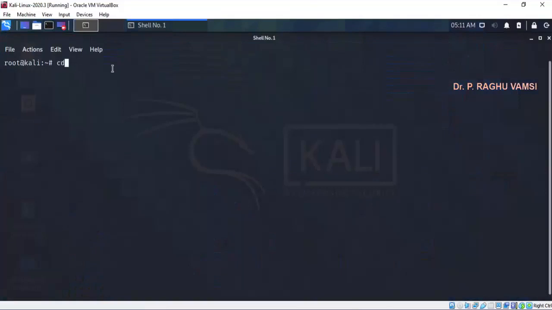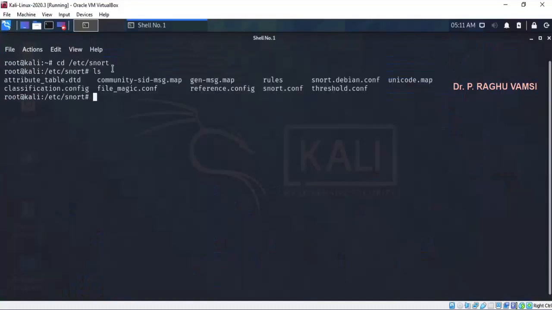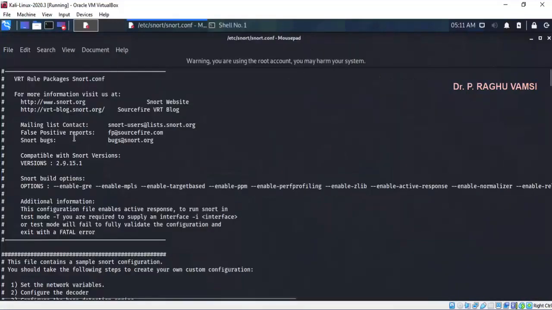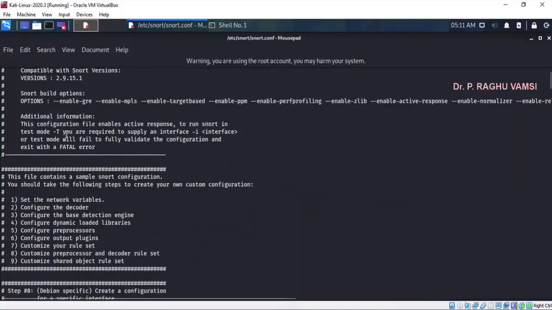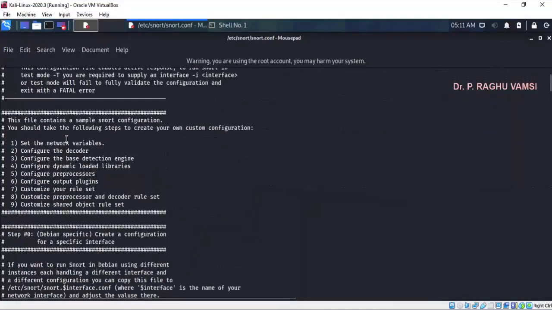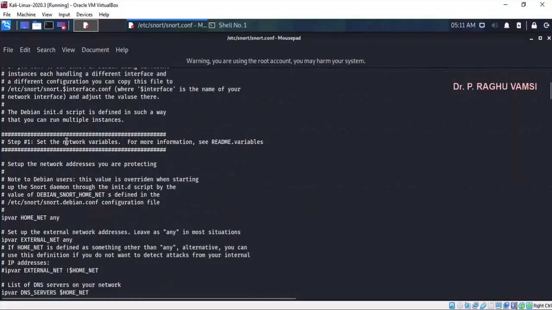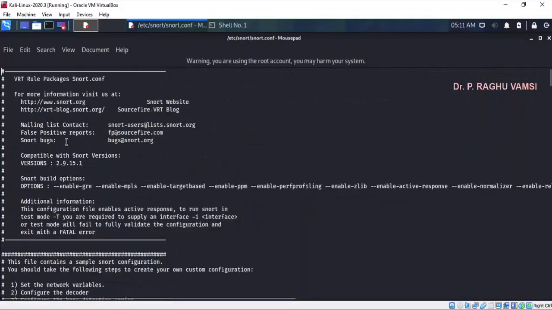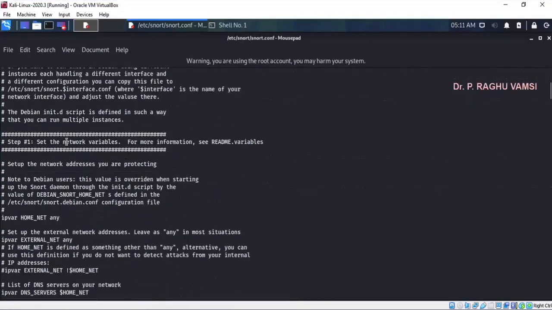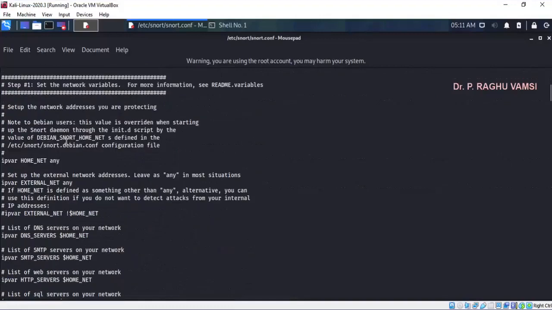Now we'll see some more things, like cd /etc/snort. Here mousepad snort.conf. The same configuration script that you have seen on Windows XP and 7, you can also see here. You can also set what is the home network, what is the external network, and its related variables can be set over here.